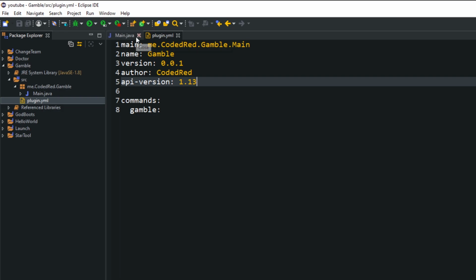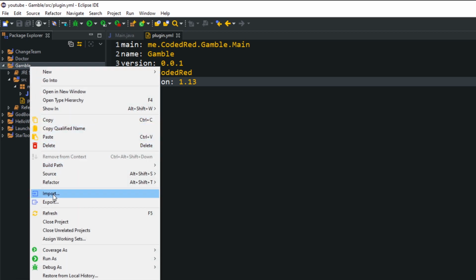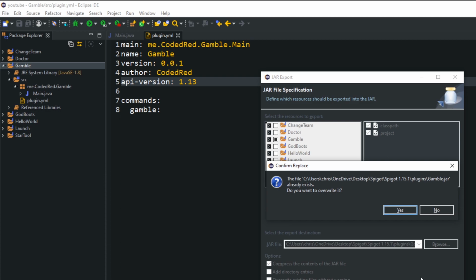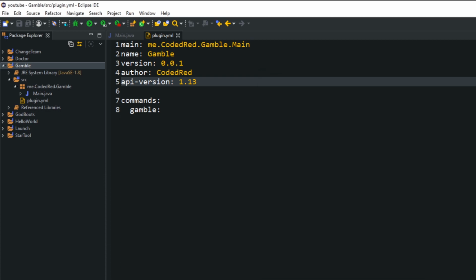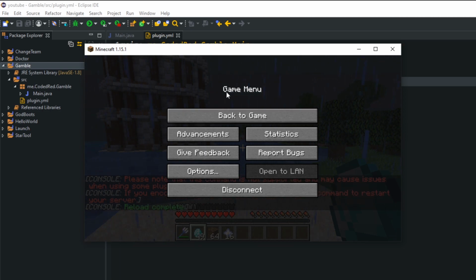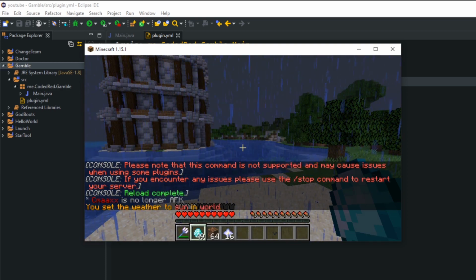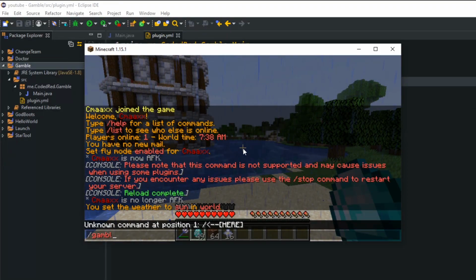All right, once you have that in, we can go ahead, right click on this, export, and then make this gamble. And I'm exporting it right into my server. Now I can reload my server and let's test out the code and make sure we did everything right. So when I type in /gamble,